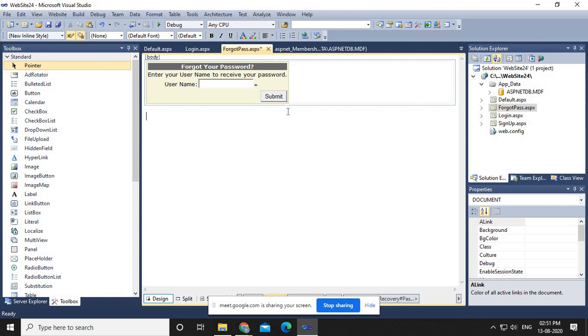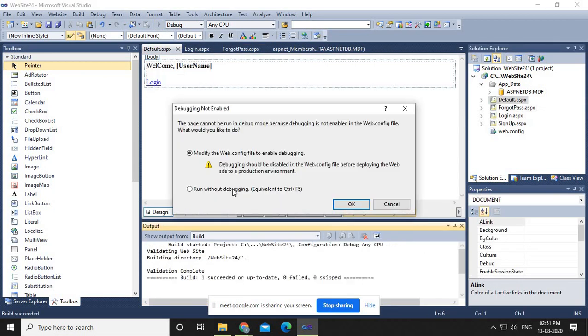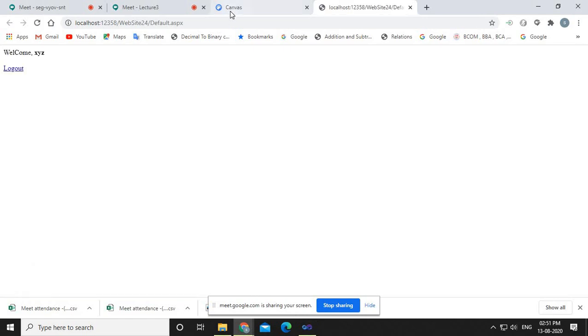But what I can show you, you just go to the default page. Suppose you know the password of ABC. I already told you that it is ABC123, right? Now if you click on the login button, click on forgot password, enter ABC, and click on the submit button, it is showing what is your name. Okay, fine. Now I'm changing this. Instead of ABC, I am typing XYZ, right? You click on the submit button. Now the security question gets changed. It is showing what is your favorite color.